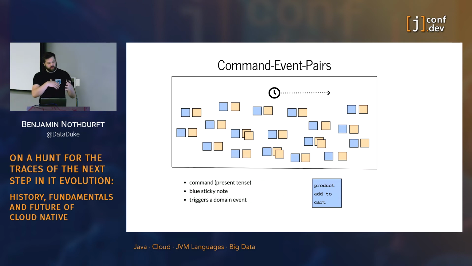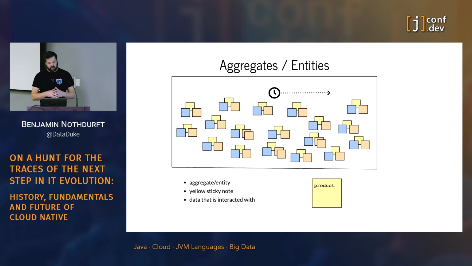Yeah, so we go on, and usually there's some pairing, and sometimes a command might trigger one event, but it could also be that there are several events. So when a product is put into a cart, it could also be shown in a mini cart, or there could already be some calculations, for example that the stock level needs to go down, and this all needs to be adapted. When we have that ready, we think about what's the thing that is interacted with.